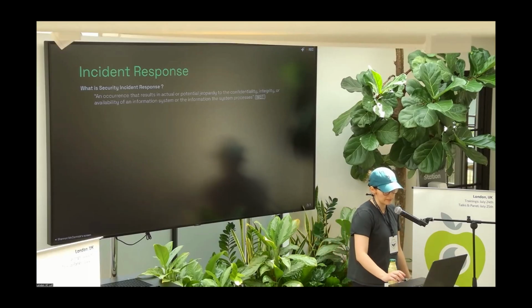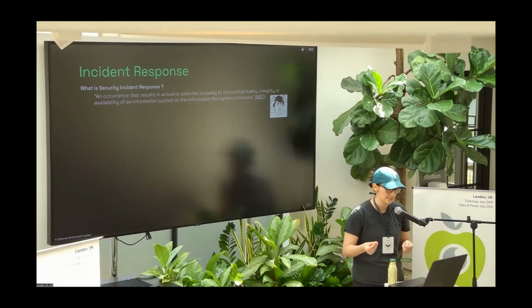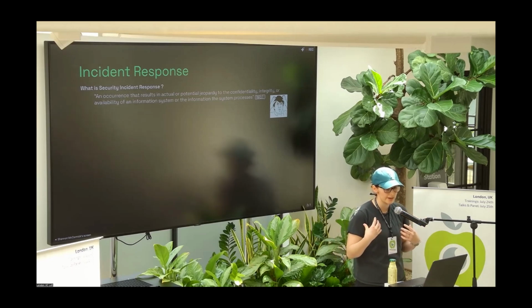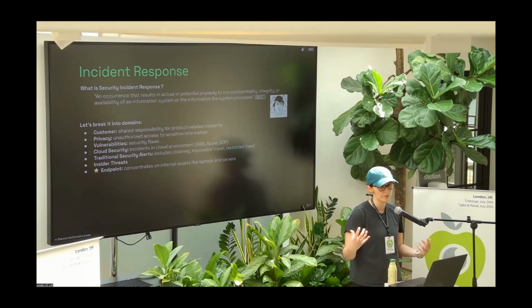But if you're like me, you think, what does that mean? That's too vague. I need specifics. That feels like it could be anything. And if you think about it, that's kind of on purpose. If you think about a security incident response program at a corporation, they cover a lot of different domains and can have a lot of different areas of expertise. So I think it's best to learn with an example and break down the various domains